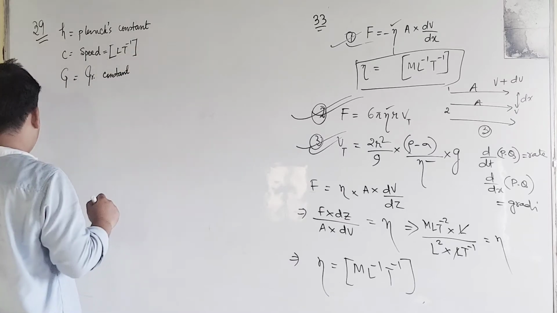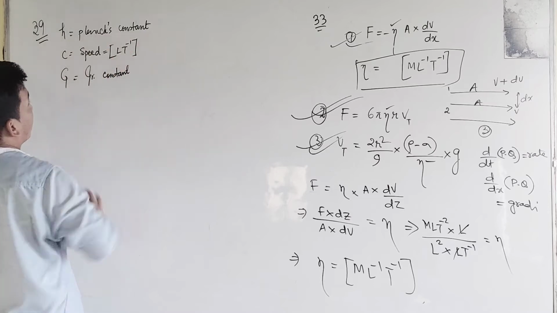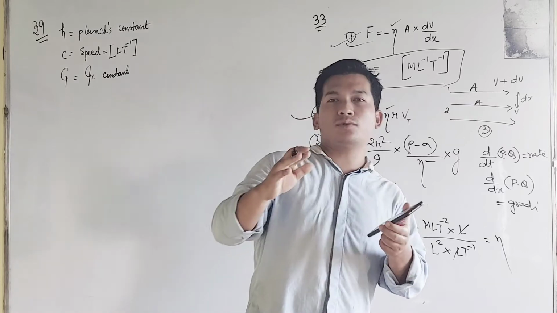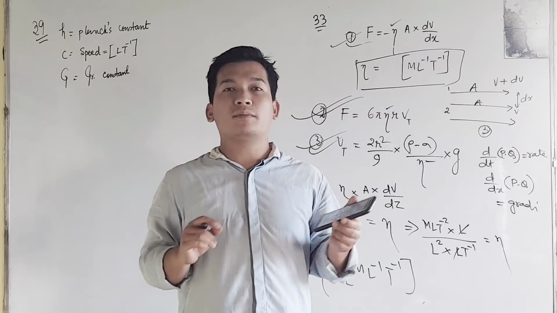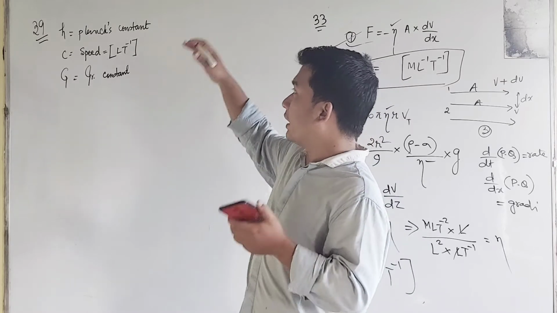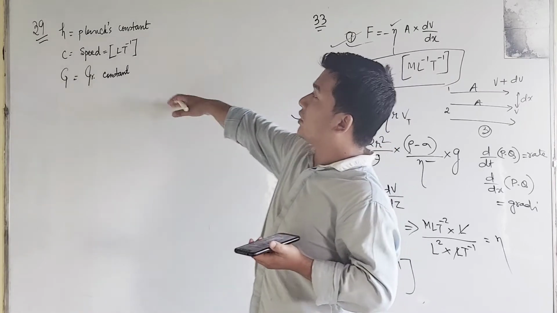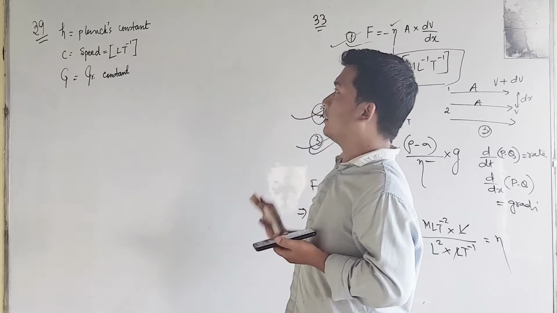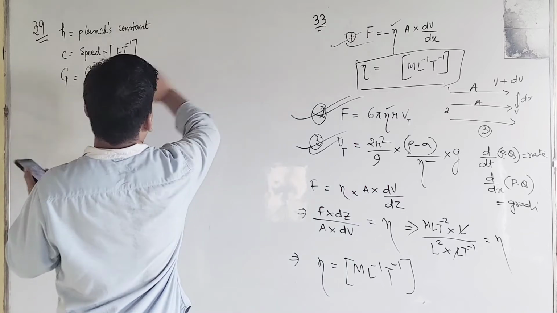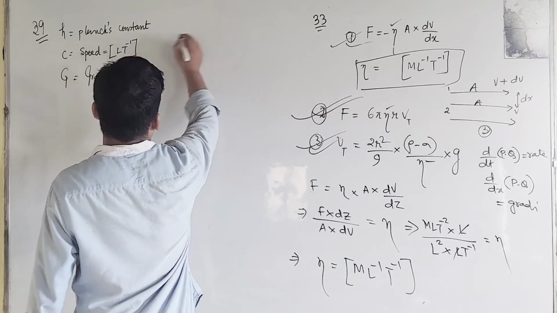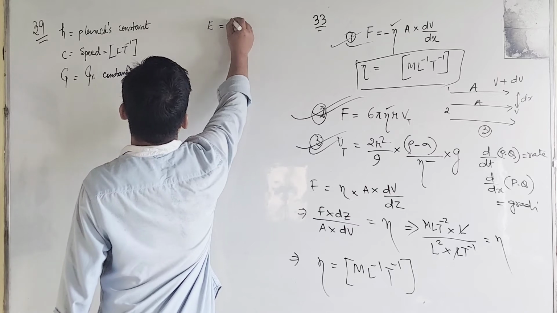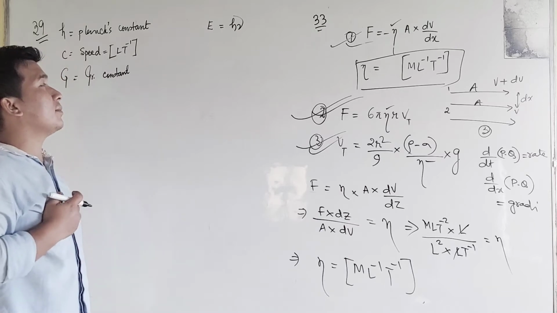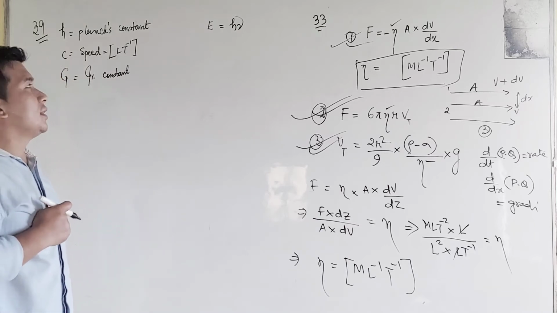First of all, let us find out Planck's constant. I will upload the formula sheet for those who do not have the written formulas. In that you will find the dimension formulas for Planck's constant, stress, Young's modulus. So for the time being, let us find out Planck's constant. This is very important. Here we have E equal to h mu. In which chapter do you get this formula? Chapter 2: E equal to h mu.